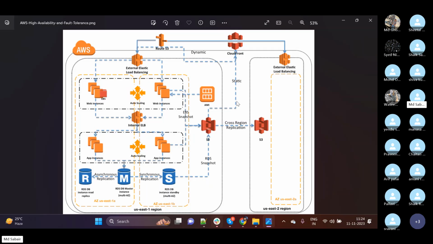So again, in this architecture, we can add our SNS, our CloudWatch, CloudTrail, all these services that we use for monitoring purposes, right? So we can add all the services again. We have our VPC, our subnets, two availability zones, public and private, auto scaling, snapshots, AMI, RDS, different regions, static website,